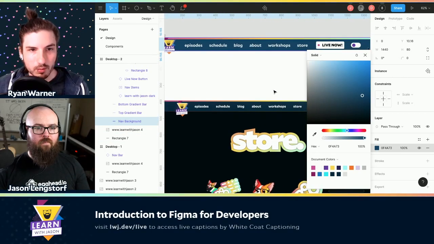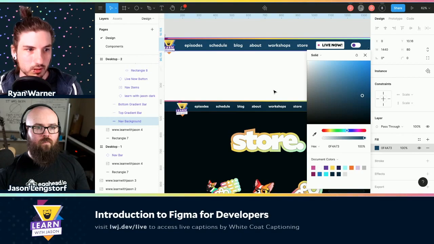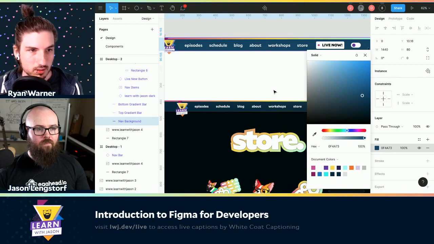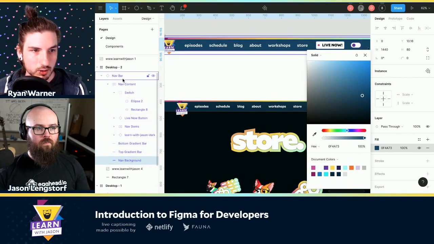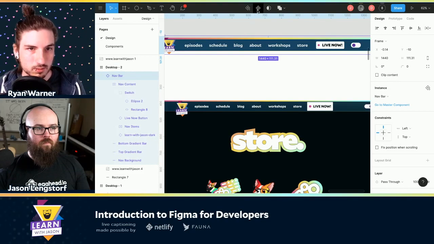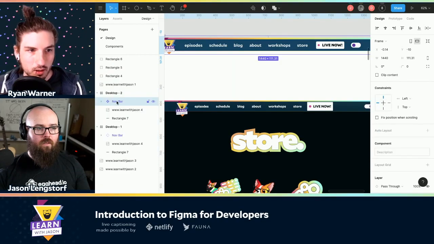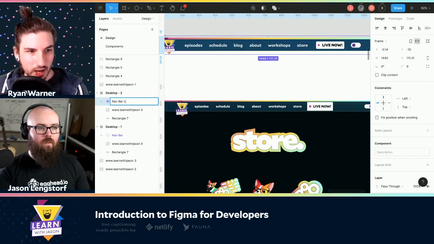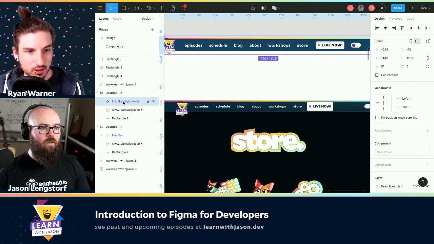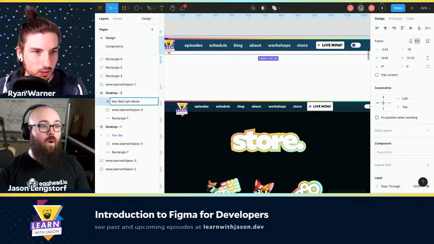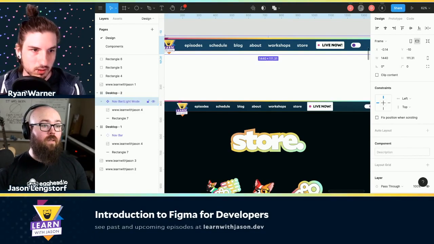But we probably want to repeat this light mode version of your nav bar. So what we can do is nest components. If we select this nav bar component instance in our layers palette on the left, and then click create component again, we now have a new master component, and this is going to be the light mode. And we can use the slash to group these, just like we did with our colors.